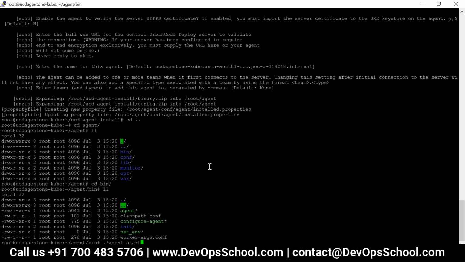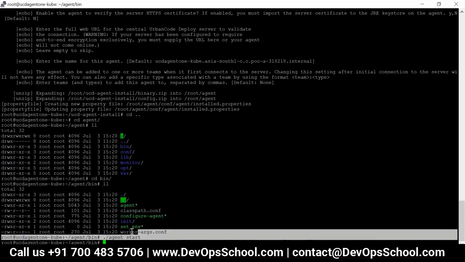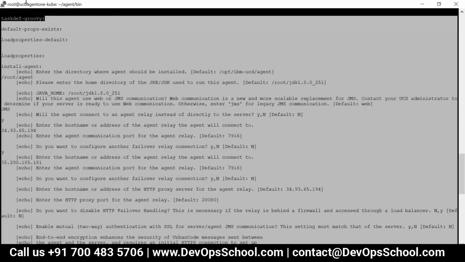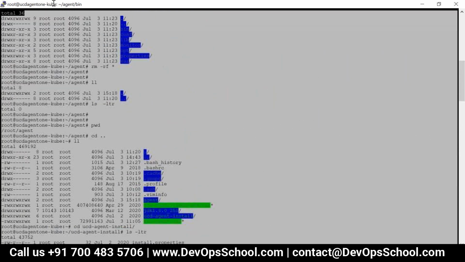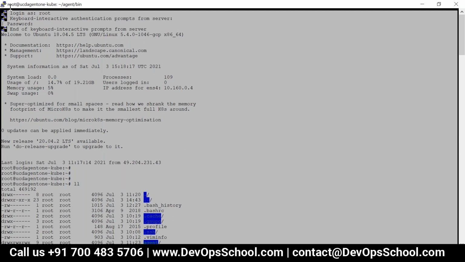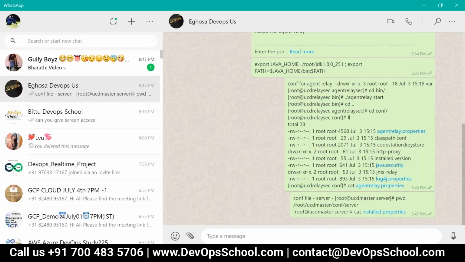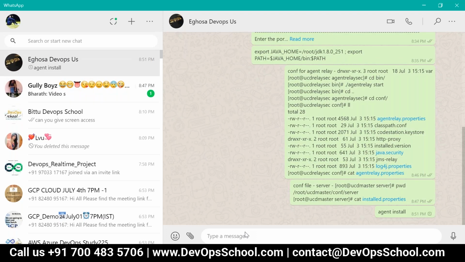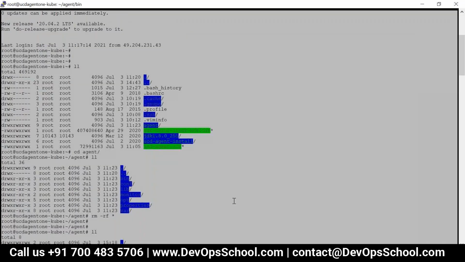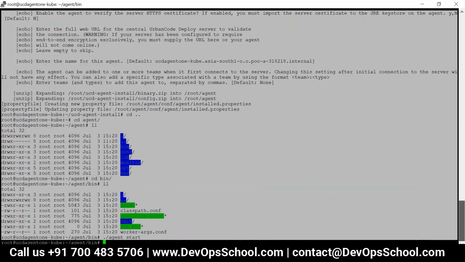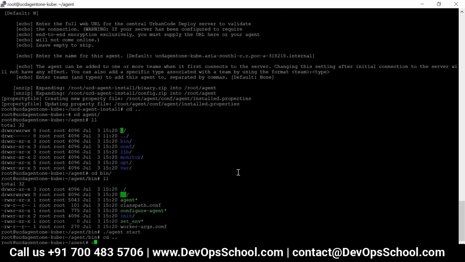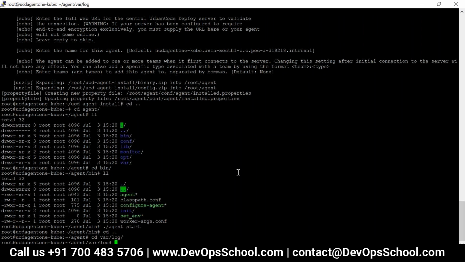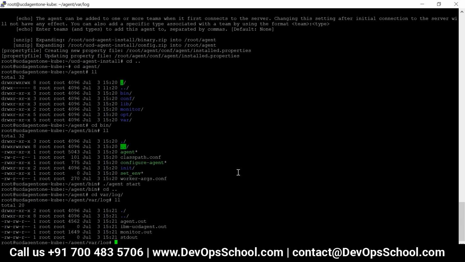Agent start. Okay, so I'll copy this one from here. Agent install. Okay, to check the logs, where is the log? It will come like this. tail -f agent.out.